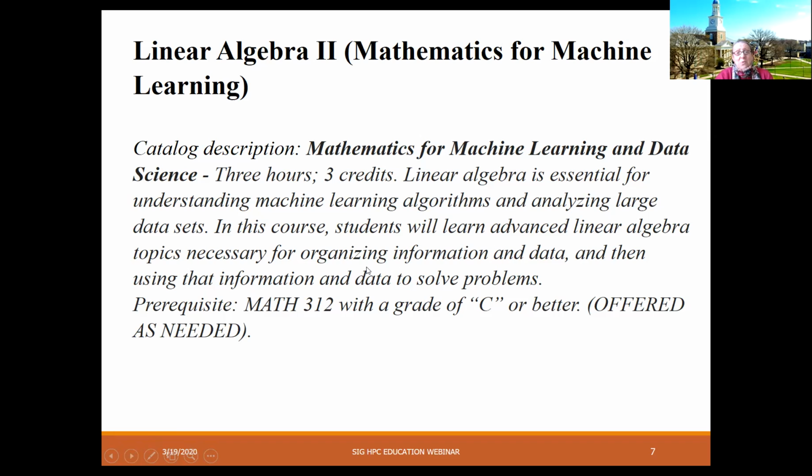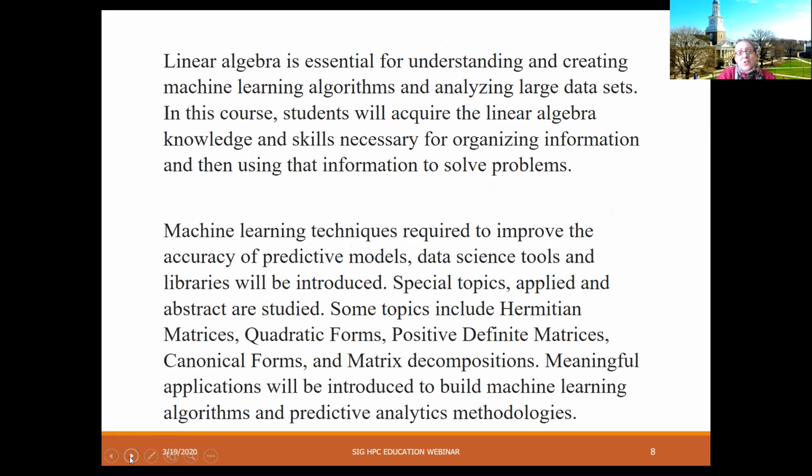So basically, we are giving justification of the role of linear algebra. And I do have a larger expansion of the catalog description. Why do we think that linear algebra is really important? And what is the role it plays in creating machine learning algorithms, and specifically analyzing large data, as well as prediction. If anybody attending is interested in the topics we are covering, like Hermitian matrices,